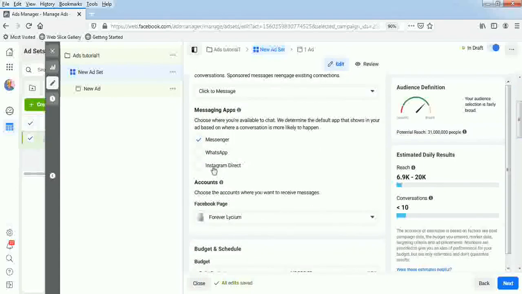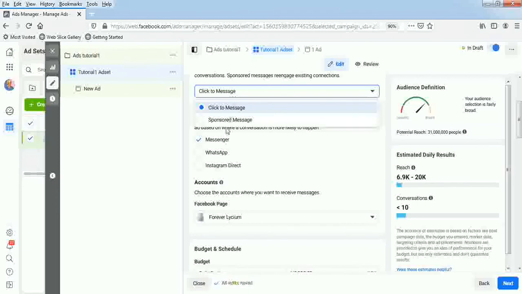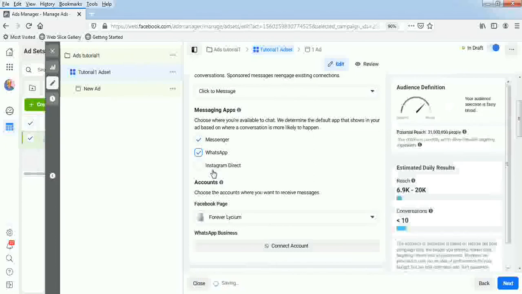So you can actually choose where you want your message to be placed. Is it on Instagram? Is it on WhatsApp? Is it on Facebook Messenger? All right, so if you are choosing Facebook Messenger, you can click what kind of message you want. Is it sponsored messages that go straight to people's DM, or people click to message? All right, so if it's sponsored messages, it goes straight into people's DM. You understand? But then it all depends on what you want to do. All right, so you can as well go for WhatsApp message, but then